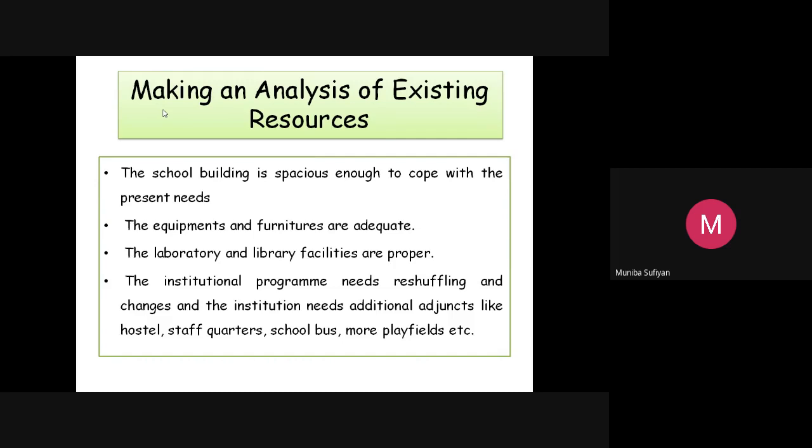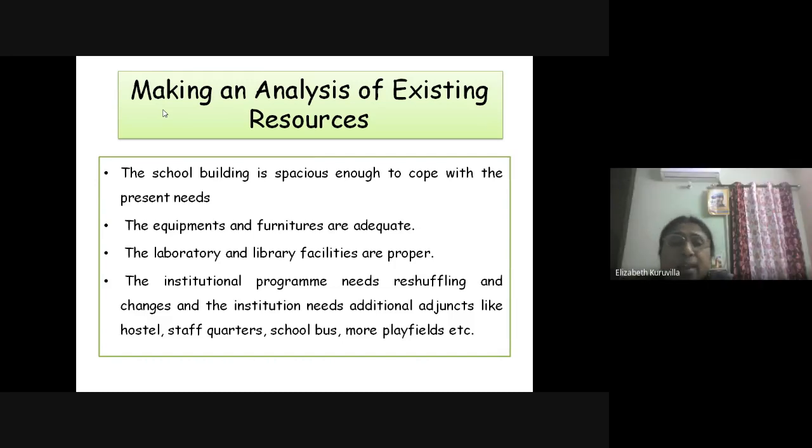The last one is the institutional program needs reshuffling and changes, and the institution needs additional adjunctions like hostels, a school bus, and more playfields. Okay, good. Thank you.